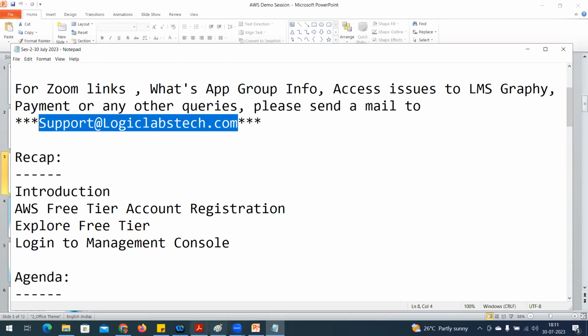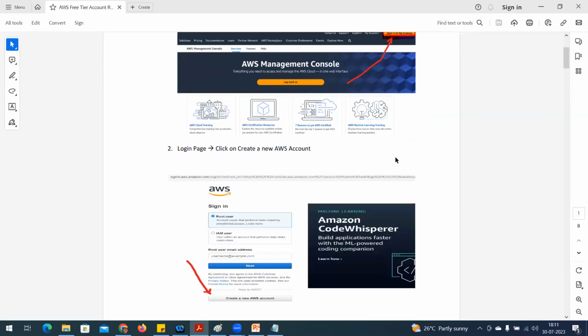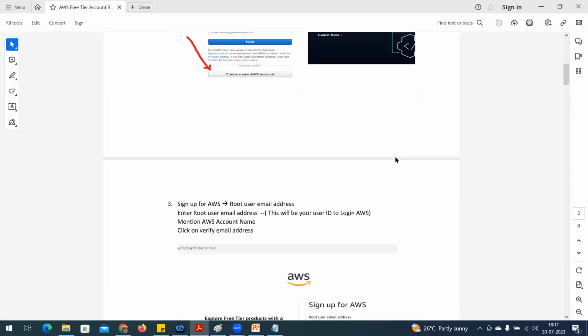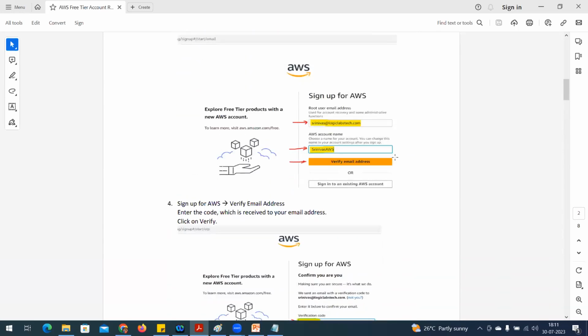The registration, I already told you to complete it. If you are not in a position to complete it, the document will be uploaded in the LMS, on the Graphy site, wherein you will get complete information, such as the running notes. As soon as you log in to the Amazon Management Console, you will get the screen, and complete information is provided, with screen captures, on what information you need to provide to get that registration